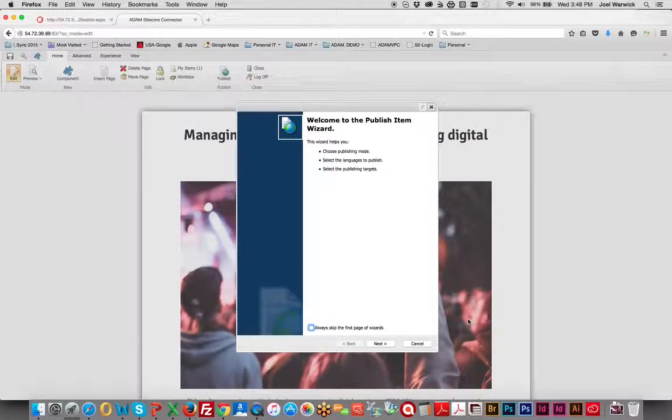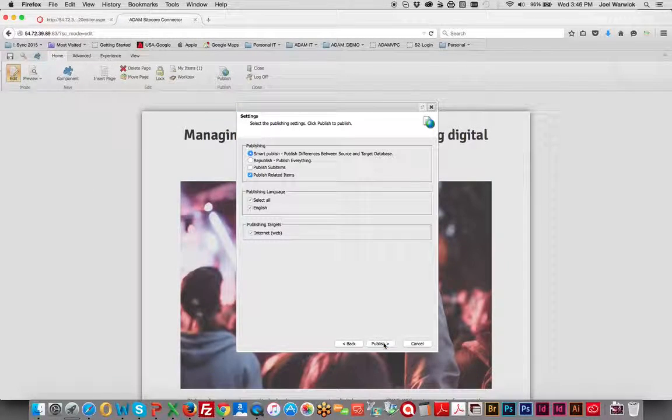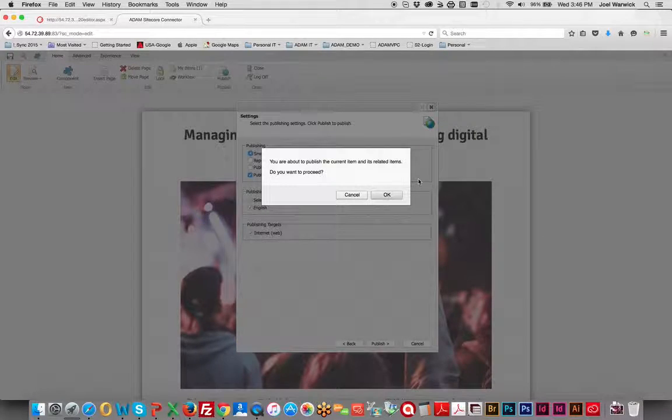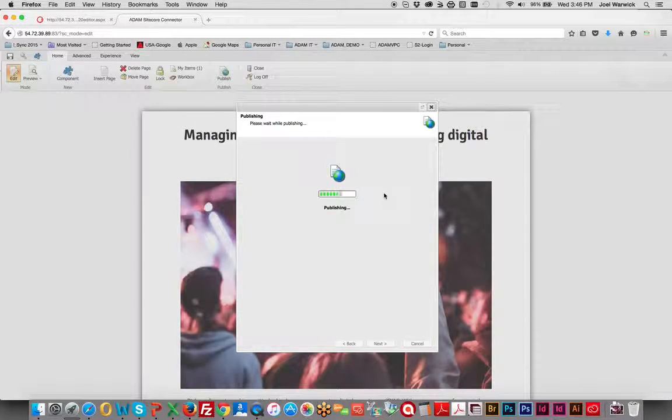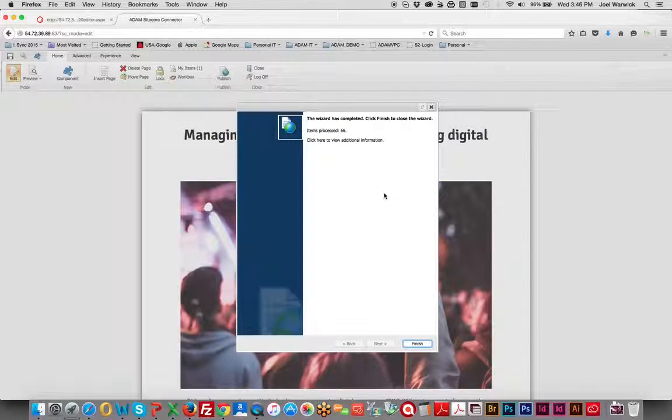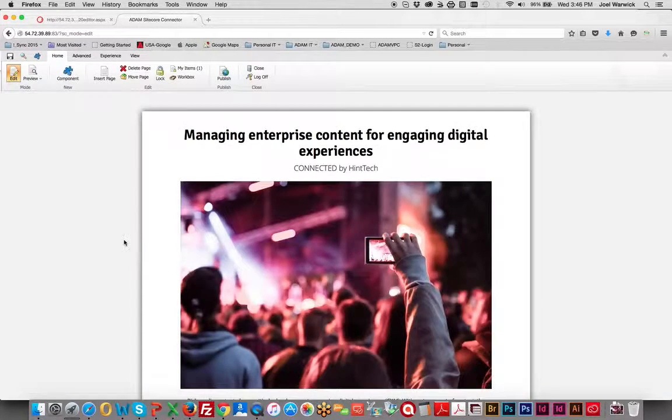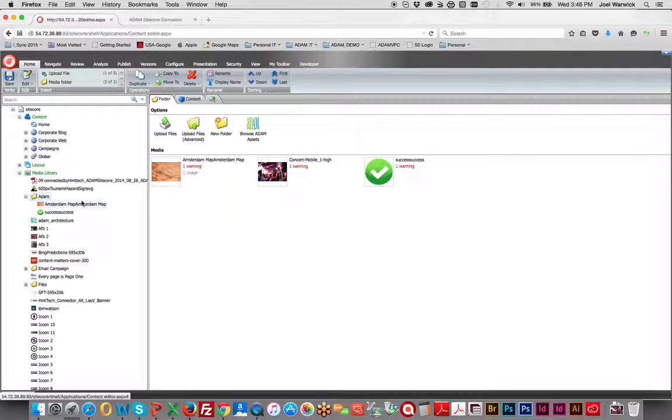And now I have to go through my publish wizard here. And now I have actually put this onto the public website. It's actually out there. It's actually been used. And so we want the usage tracking to kick in and operate. So that's been done. Now let's look at the Sitecore structure a little bit so we understand what exactly we're